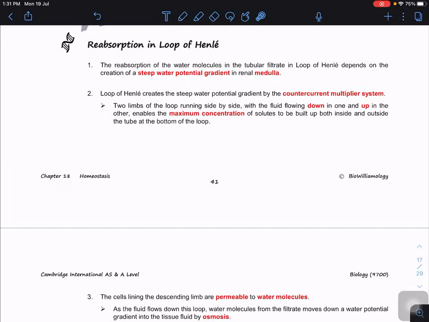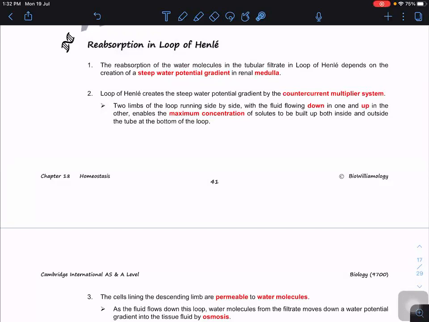Our focus is always at the PCT. Now the reason is, in the loop of Henle, we only reabsorb back the ions and water molecules. No more glucose, no more amino acids. So that's why for selective reabsorption, we always refer to the process that takes place in the PCT. But don't get the idea wrong that, oh, there's no selective reabsorption in the loop of Henle, which is wrong, because